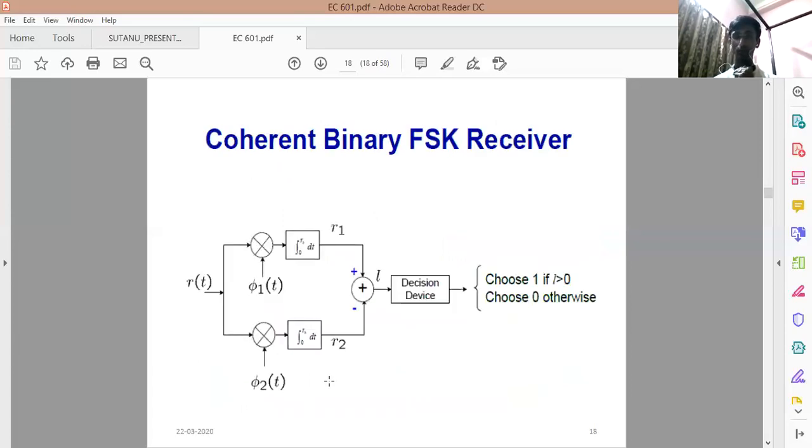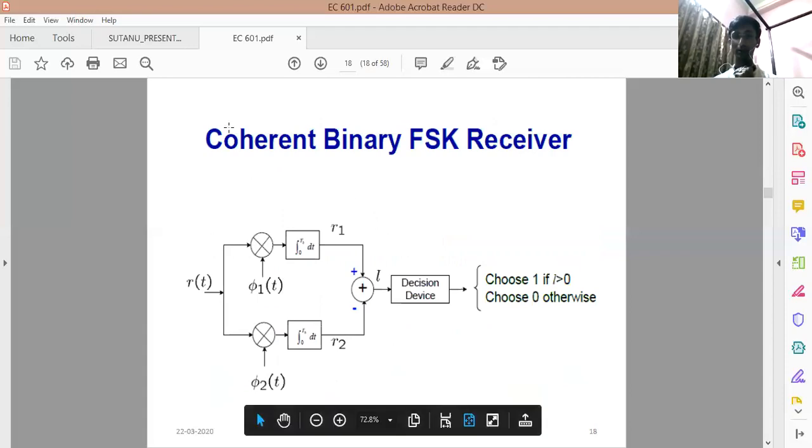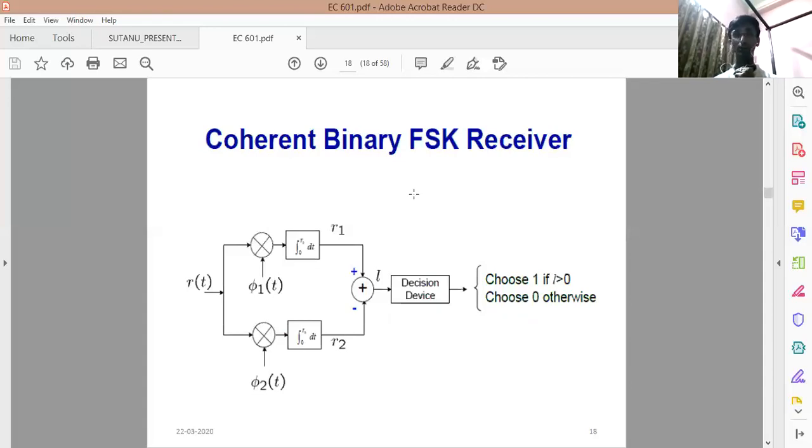This is the receiver. Receiver means what I need. I told you there are two things: one is coherent receiver, non-coherent receiver. I will discuss everything, and before this class I have already discussed so many things regarding coherent, non-coherent